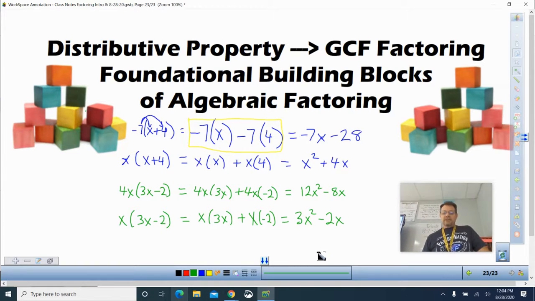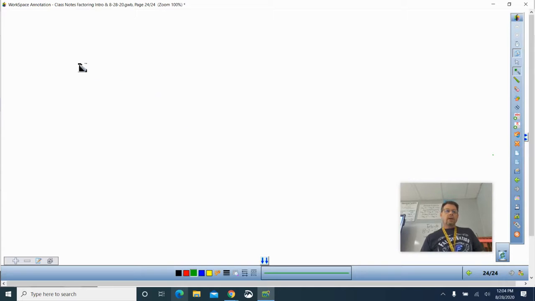Now, check this out. So basically, that's our introduction to factoring, okay, because factoring is just undoing some kind of multiplication, okay? And distributive property, or GCF factoring, is a building block. It's one of the fundamental things. Much of what we do can come back to this page. And I'm going to try to demonstrate that on our next page here, how that connects. Okay, so add a clean page here. All right, so I'm going to have